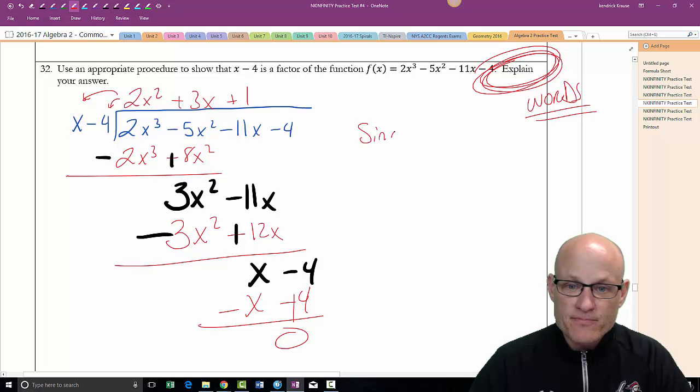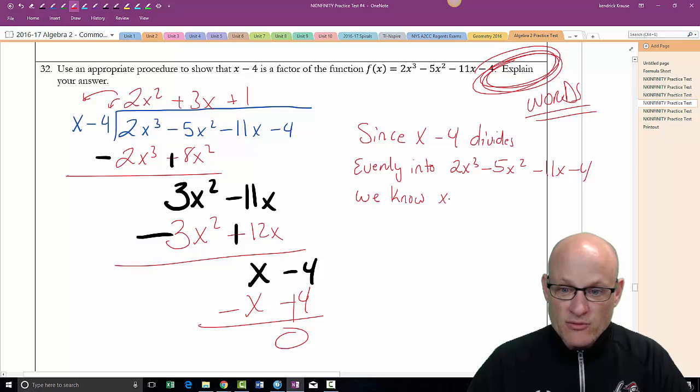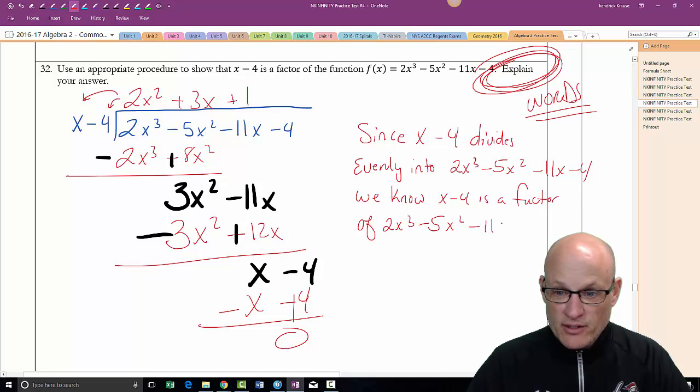So since x minus 4 divides evenly into 2x cubed minus 5x squared minus 11x minus 4, we know x minus 4 is a factor of 2x cubed minus 5x squared minus 11x minus 4. Therefore,